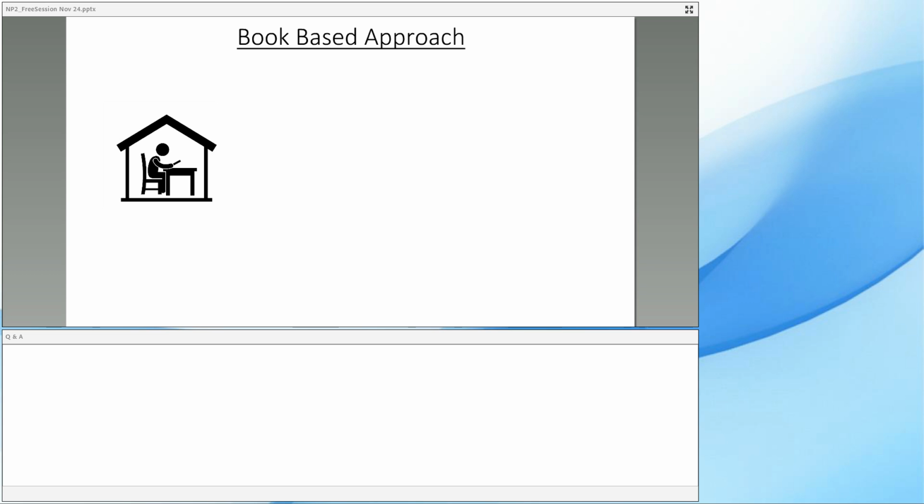So in a book-based approach, here's how we answer these questions. Let's start with the study plans. A book-based approach is all about autonomy. When you buy a book, it doesn't give you a study plan, but you rather make your own study plan. You've got to figure out the way to reach that target GMAT score. Then once you have devised that study plan, you'd go into learning concepts.